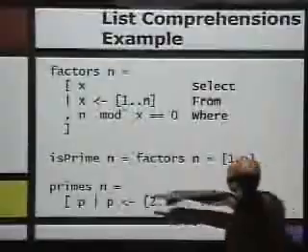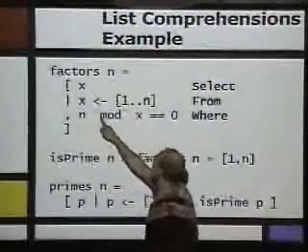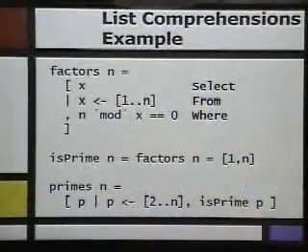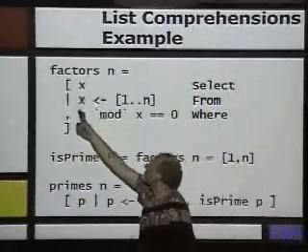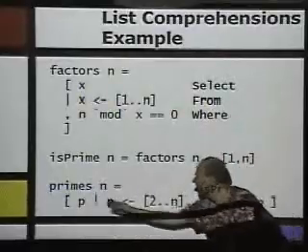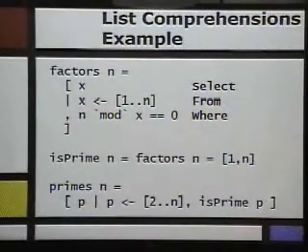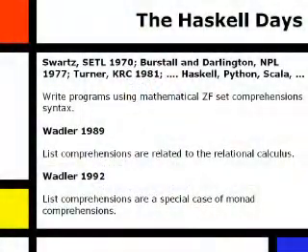Okay, so what are these list comprehensions? So this is an example here. You write, give me all the x's where x's are drawn from the set 1 to n, where n modulo x equals 0. And if you know SQL, well, you close your eyes a little bit and you see that it's select from where. Select x from this collection where some predicate. It's just a slightly different notation. And then you can write some functions here, and here now I can write, give me all the p's where p is drawn from 2 to n, where p is prime. So here's this very simple program that uses